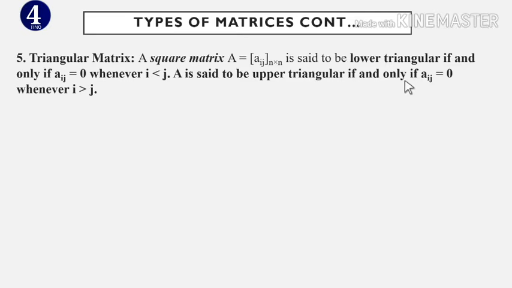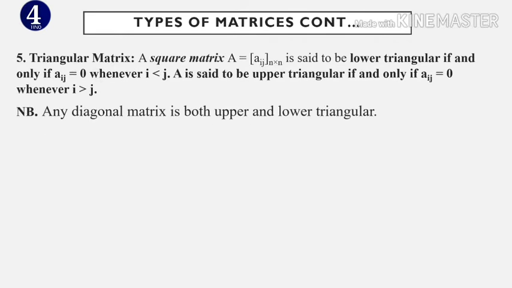It if and only if aij 0 ሲሆኑ መቼ i greater than j በሚሆንበት ቦታ በሙሉ ማለት ነው። ኦኬ ስለሌላው ቁጥር አያገባንም ግን እነዚህ i የበለጠችበት ቦታ 0 ከሆኑ aijዎች we call it a triangular matrix ብለን እንጠራዋለን ማለት ነው። Any diagonal matrix is both upper and lower triangular የሚለውን መያዝ ያስፈልጋል ምክንያቱም ዲያጎናል ማትሪክስ ላይ